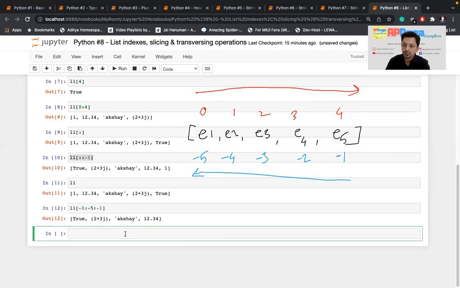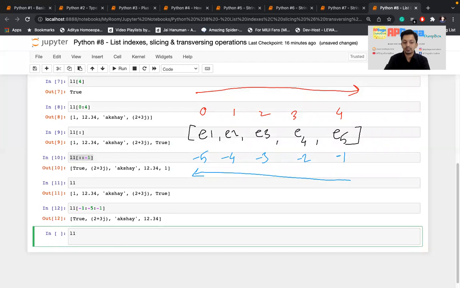There is one difference between string and list. Just like I told you in my earlier video, a string is immutable. Once you create a string, you cannot alter it. You can do some operation on top of that and create a new string, but once a string is created, you cannot modify it. But when it comes to a list, the case is not the same. The list is mutable. Once you create a list, you can modify that list again and again, multiple times.